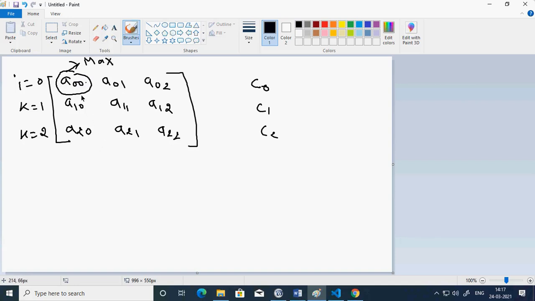Okay, because here the exchange will take place between this and this, and then this and this. So similarly, this row will be swapped, or this row will be swapped. So the top row will have this max value. Okay, that is done now. Now the next thing is we want to max this. So therefore now I will be incremented, I equal to 1.